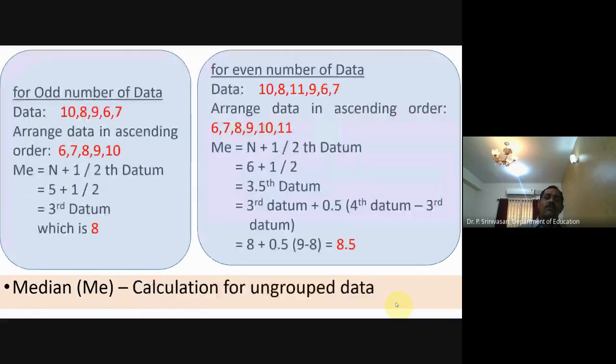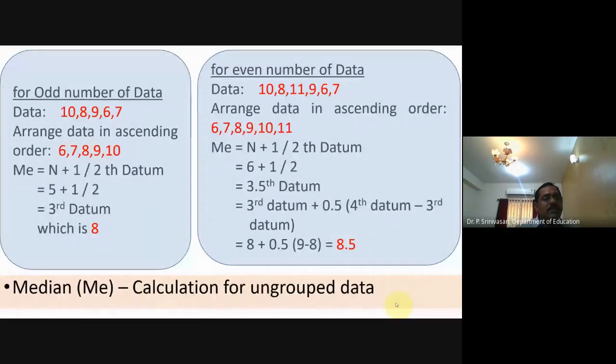Okay. So now see you have two boxes. Just look at the left box alone. Don't go for the right box momentarily. So now let us calculate the median for the data given: 10, 8, 9, 6, 7. So 5 data are there. If you want to find the median, as with the mean, we have to arrange the data in ascending order: 6, 7, 8, 9, 10. Arrange the data. So median is equal to, you see the formula,